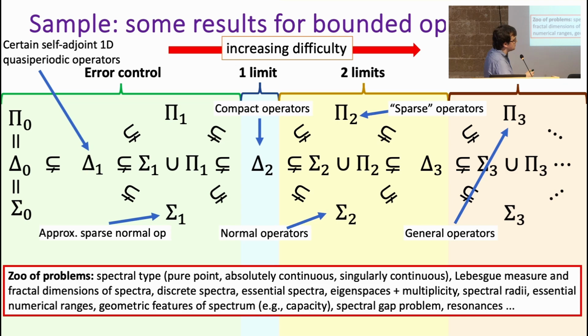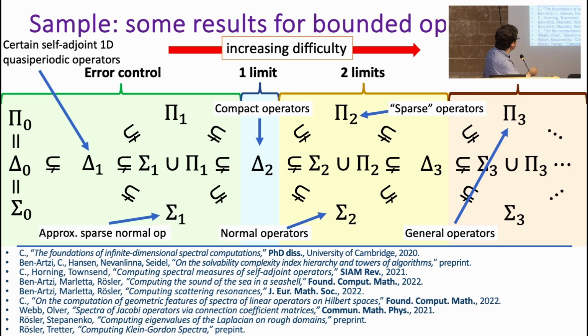And it has a calculus, okay? So I can combine sparse and normal, take their intersection, and I hop down here. That was an algorithm that I developed in my thesis for computing spectra with error control, by studying this sort of structure. But anyway, we have classifications for a whole zoo of spectral problems. A whole different load of people have contributed to this. And what I'd be really interested in is transferring all of these techniques across to Koopman.